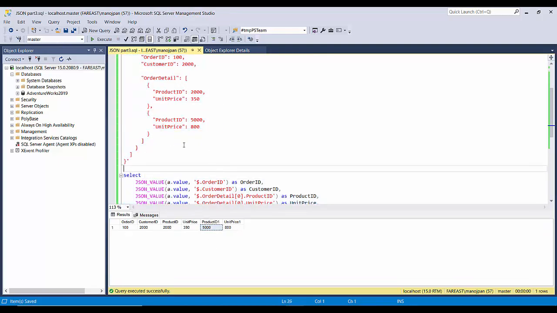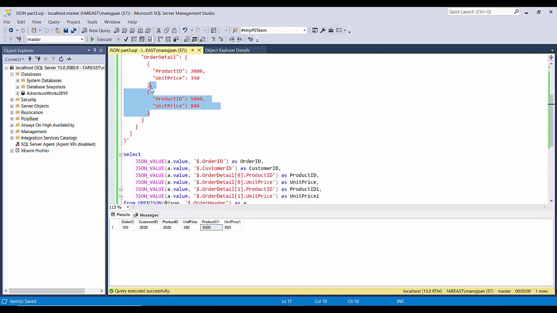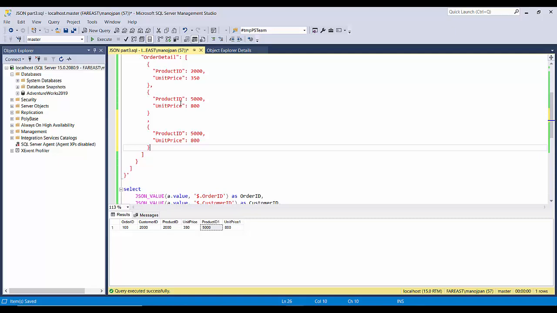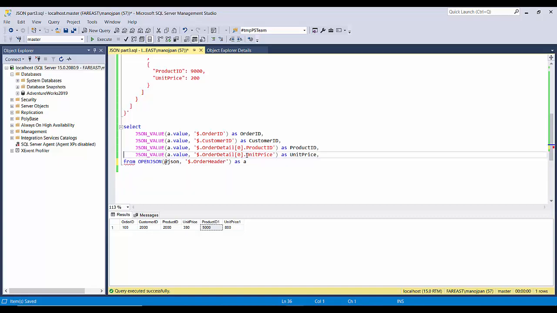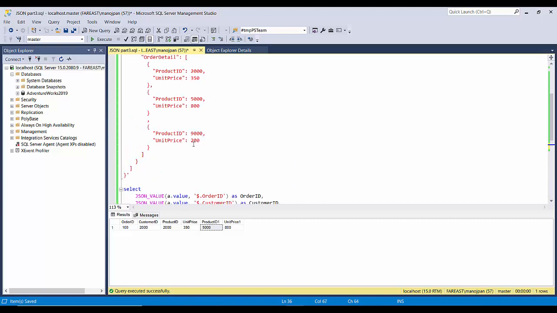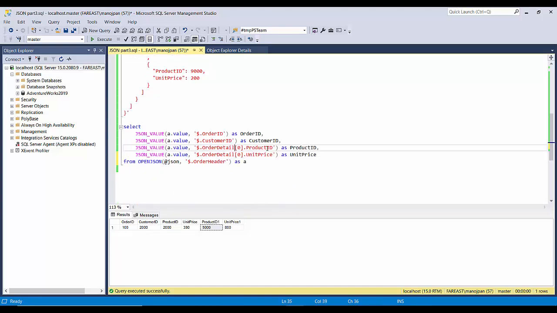Now what if it has a third element as well? What if the customer purchased a third item as well? So the third item is like 9000 and it is like 200 rupees. Now here you'll have to add it again. Because the customer would be purchasing more products, you won't be adding columns at runtime, right? So there should be some approach where you don't have to provide these extra columns every time. By just doing something over here, it should pick all these orders in one go without hard coding all these things here.